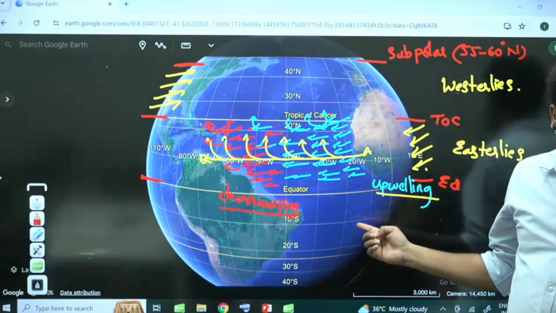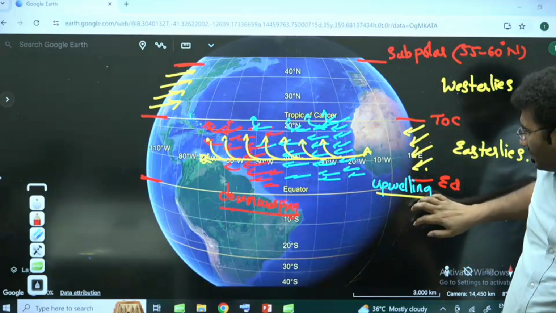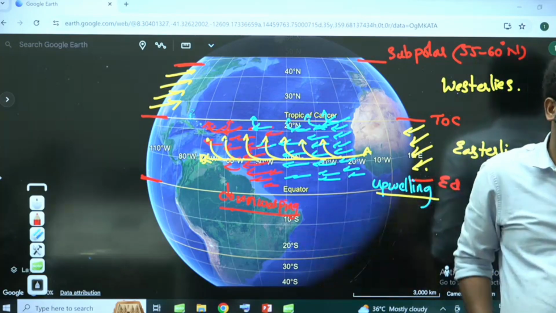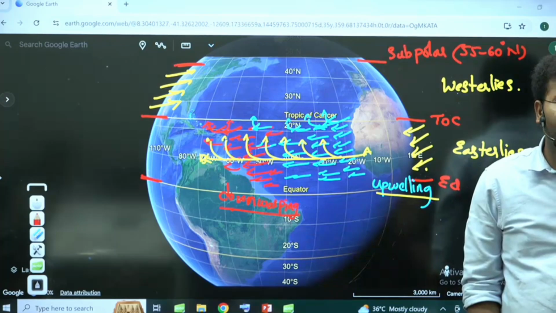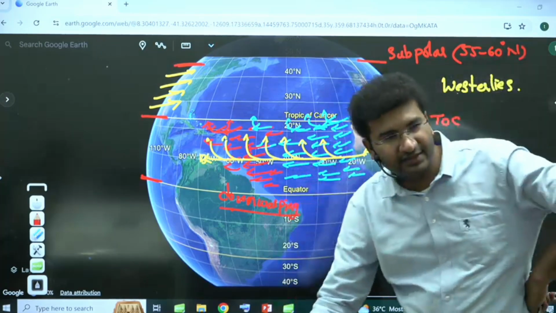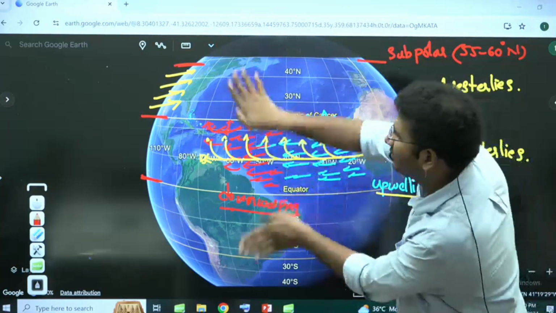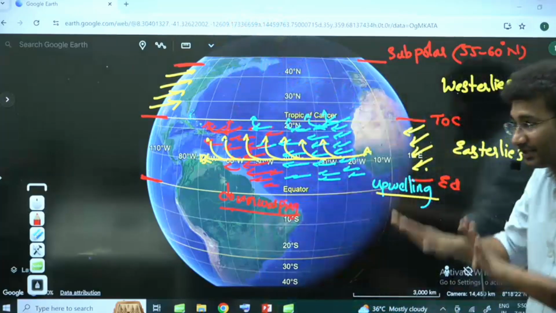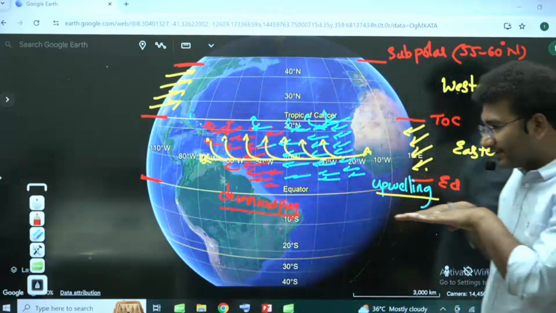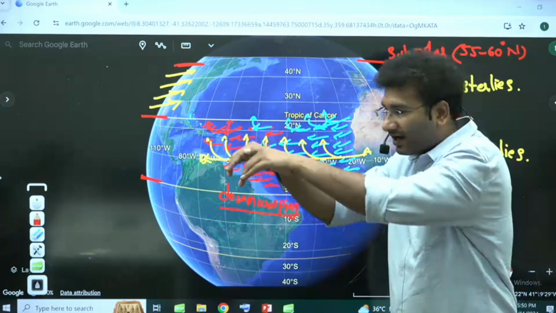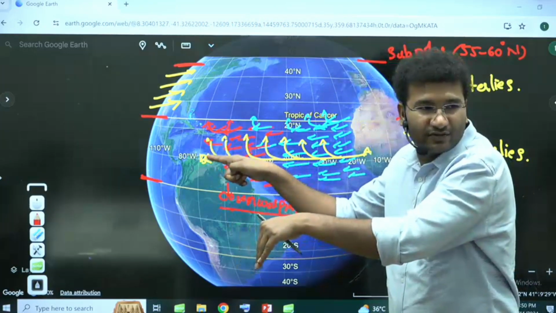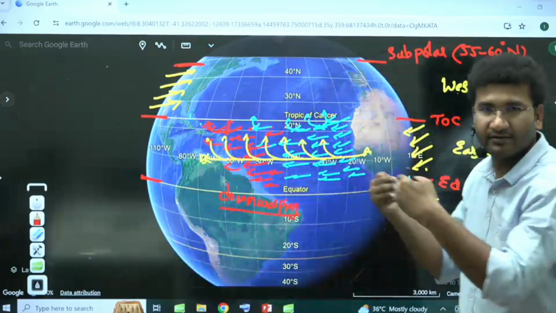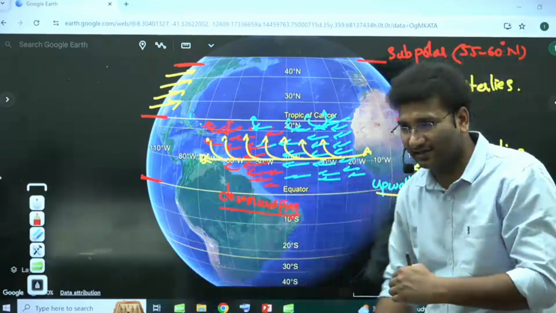Likewise, in the southern hemisphere also you will find the same way. The winds tend to move and they are hit by this continent. Now where will the water go? On one side there is sinking taking place. On the other side, the water will follow the path of the continent. That means, just imagine, from here the water started to move on the surface and it went to the continent on the west coast of the Atlantic Ocean. There, the water is sinking and coming back. Okay? This is one circulation that is taking place.